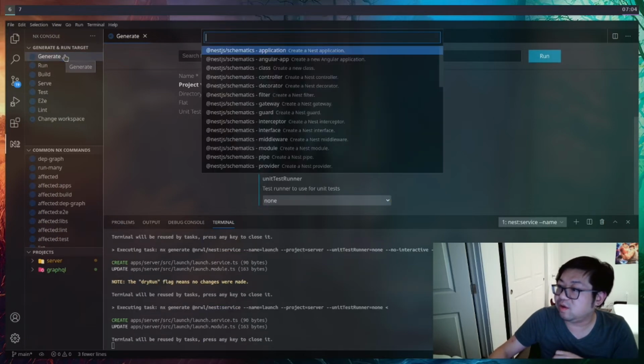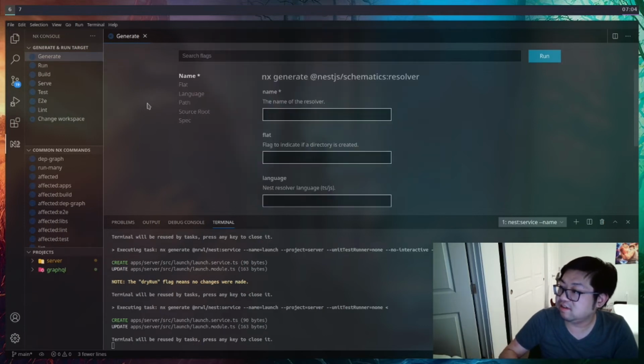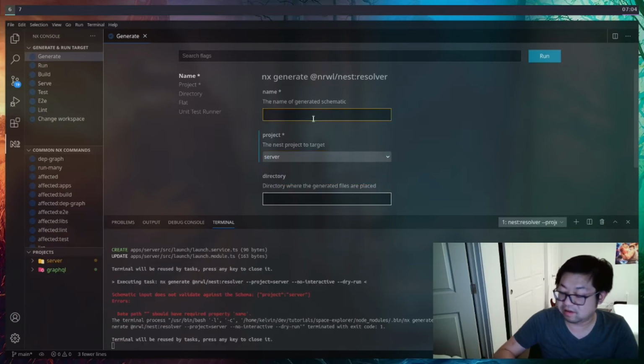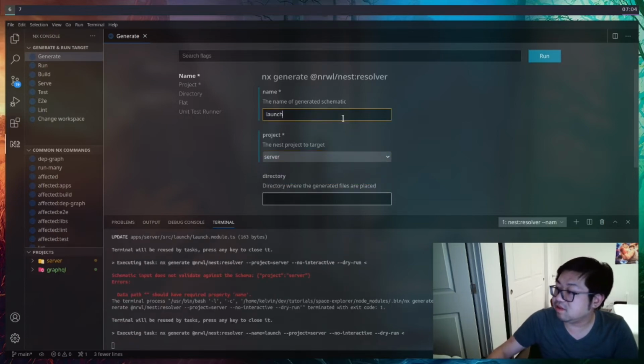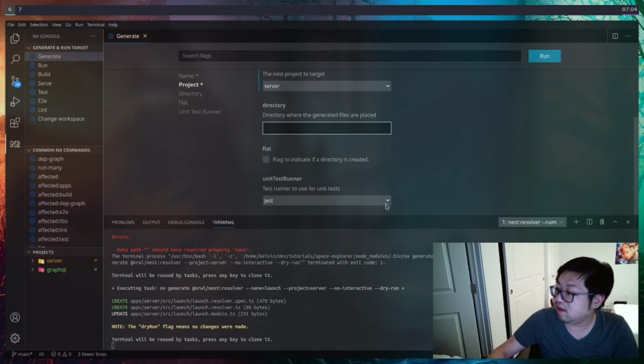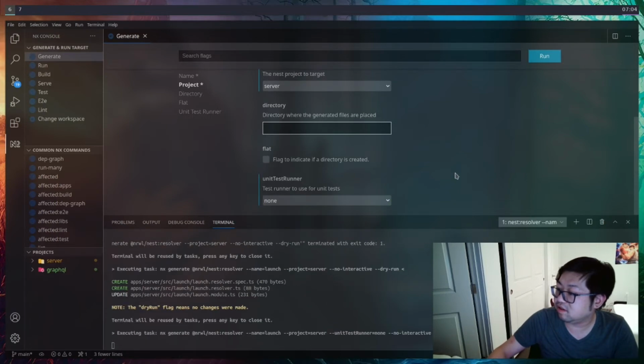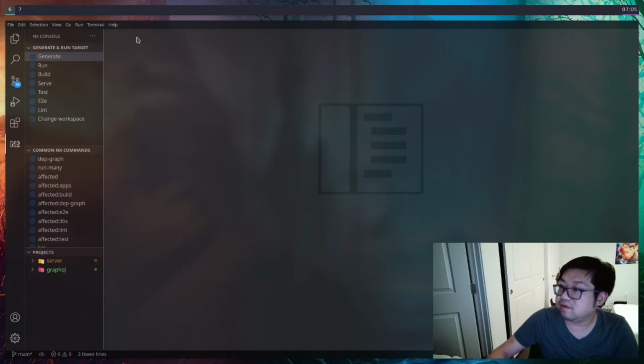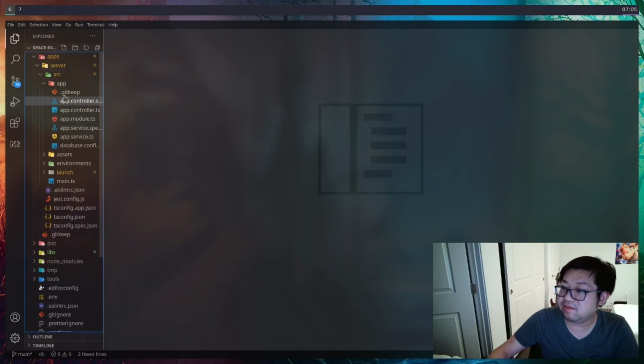And then finally, one more generation, we're going to create a NestJS resolver. So same thing. This is going to be in server. The name is launch. And we're going to skip test. So remove that and run. So with all of that, we should now have a new